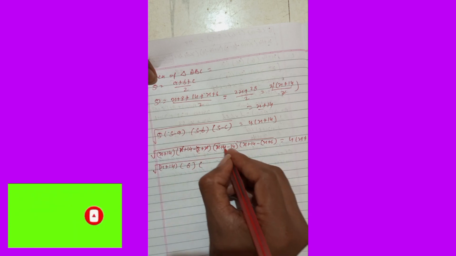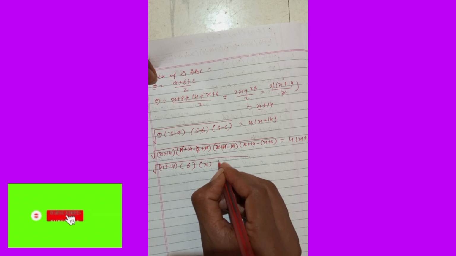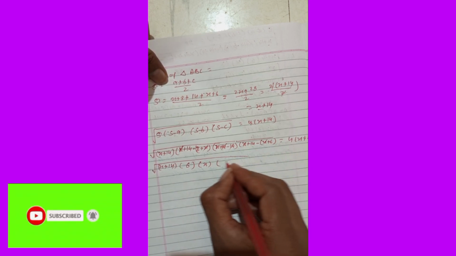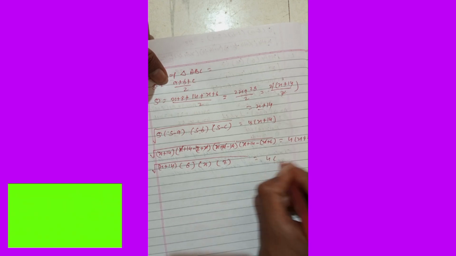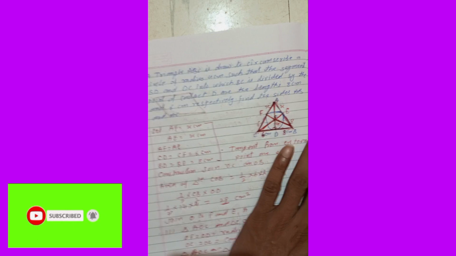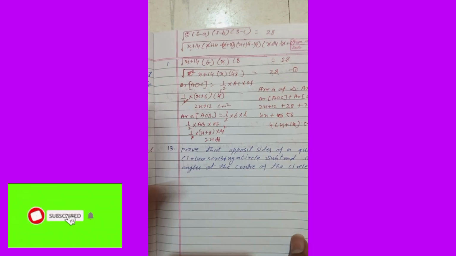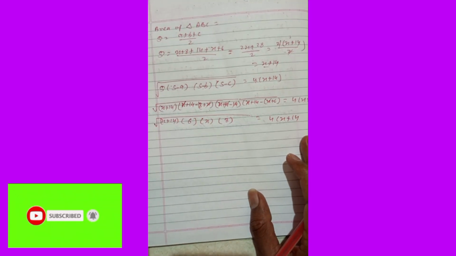Then this will become the 14 cancel, x remaining. That side we can write this one, x cancel, 14 minus 6 is equal to 8, is equal to what? 4 into x plus 14. Same as I written, there is also the same here. See, here writing the same things. Why? Because the page is big, so I am writing again that one, to make you understand.